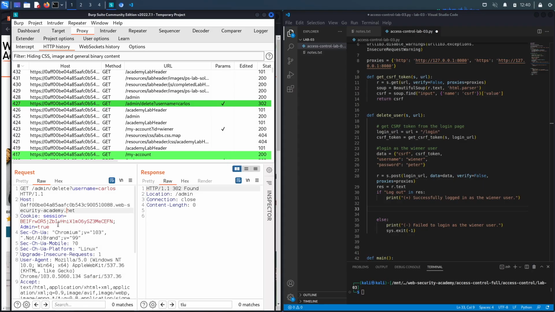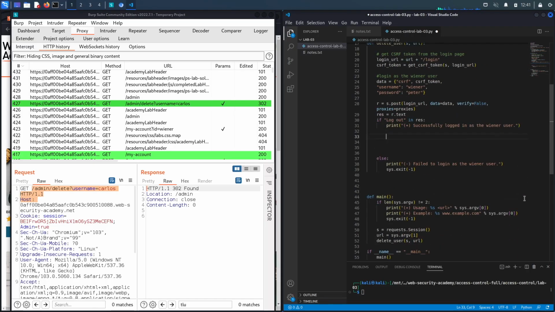All we need is to make sure that we pass these two cookies, the session cookie and the admin cookie, and set the admin cookie to true, and then use this endpoint over here in order to delete the Carlos user. So that's what we're going to do next. Let's hit enter